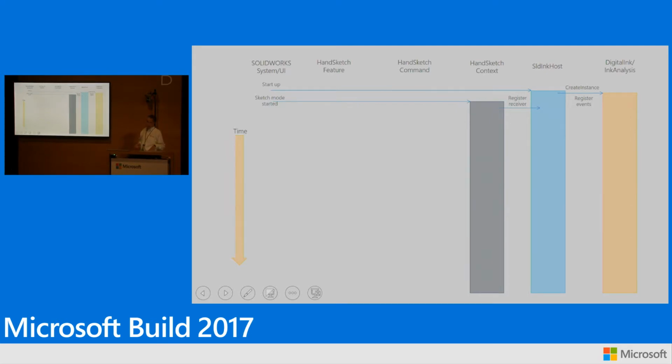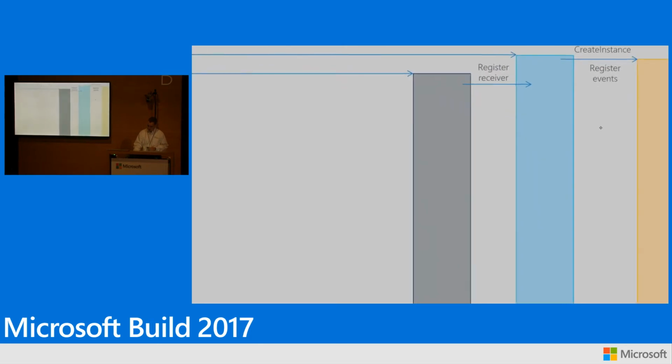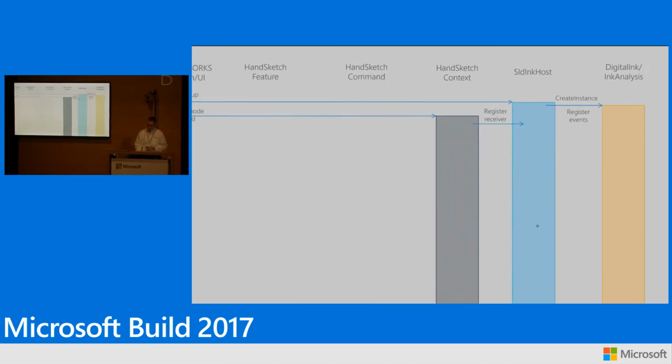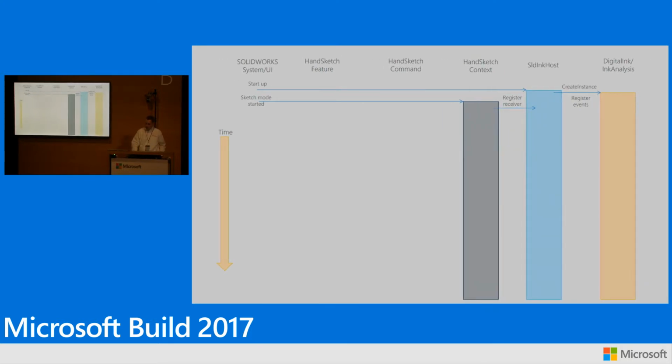So what I wanted to do is take you through, and I'll zoom a little bit here so we can see what's going on, a day in the life of trying to ink something and what we're doing in SolidWorks. So we start our sketch mode, get everything registered, ink it out, so we create these, these are different buckets of things going on here. But so we get things started, and then,